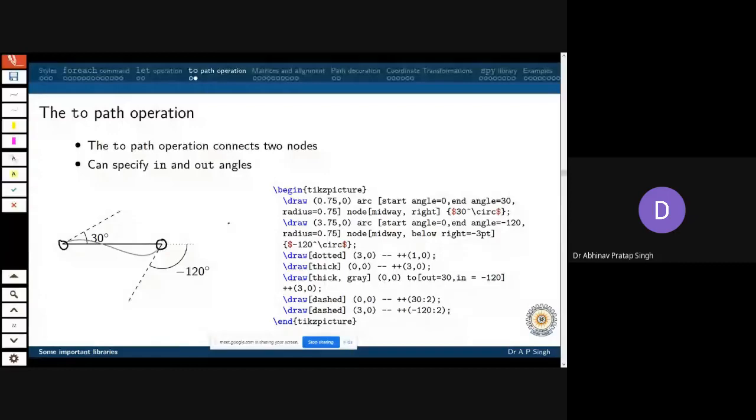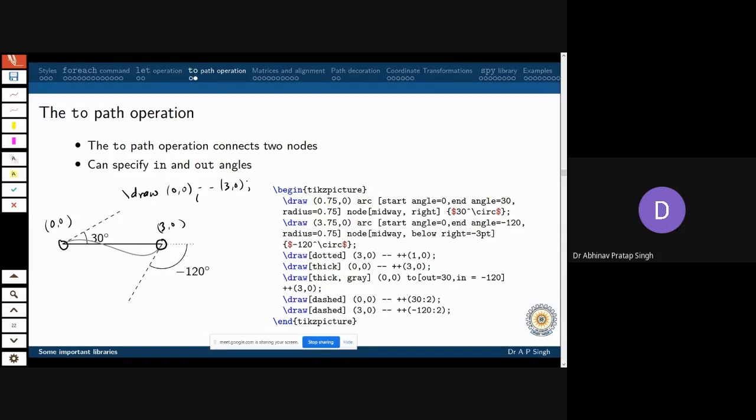Instead of writing it with the plain line command, let us say this is 0, 0 and this is 3, 0. Then you will not use this, because it will draw a straight line, but you want to draw a curved line like this.